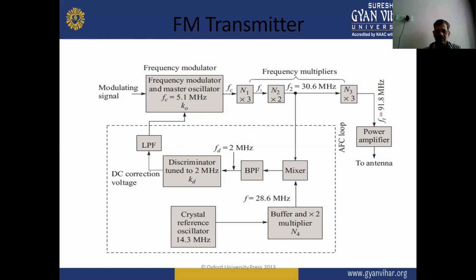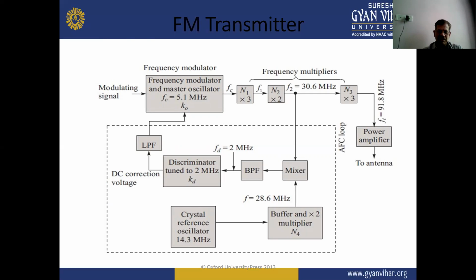And after the third multiplier, the output is given to the power amplifier, and this signal is transmitted to free space with the help of the antenna. Also a crystal oscillator is used here as the carrier frequency signal generator,